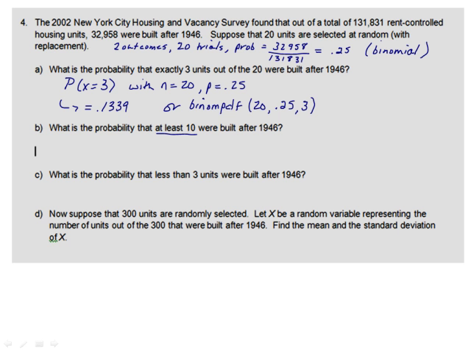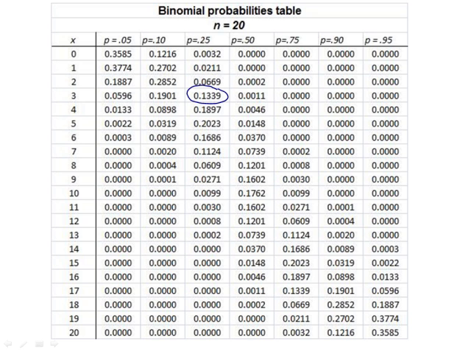Now, for the probability that at least 10 were built after 1946, at least 10 means we're including the 10, and we're going from there all the way up to 20. If we're going to use the table, we're going to have to find the probabilities for each one of those values and add them all together. So here, if we're starting at the 10 in the 0.25 column, and we're going to go all the way down,